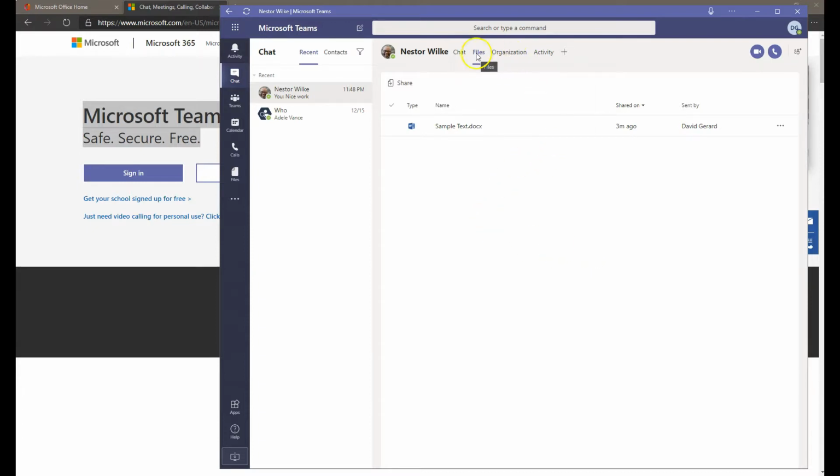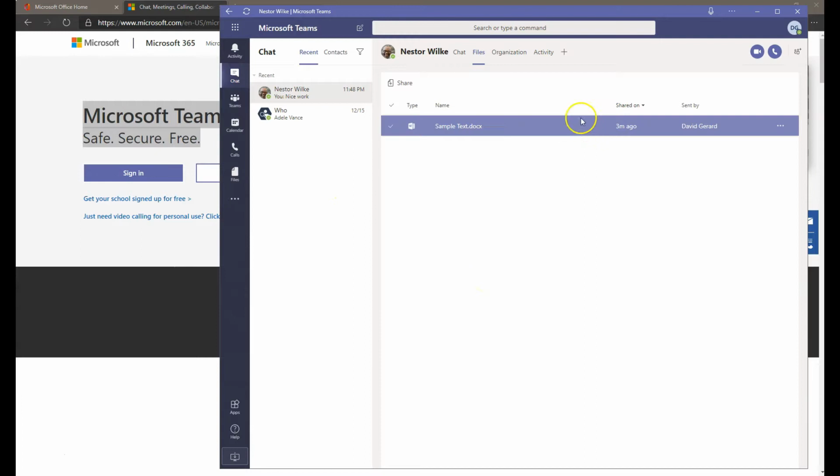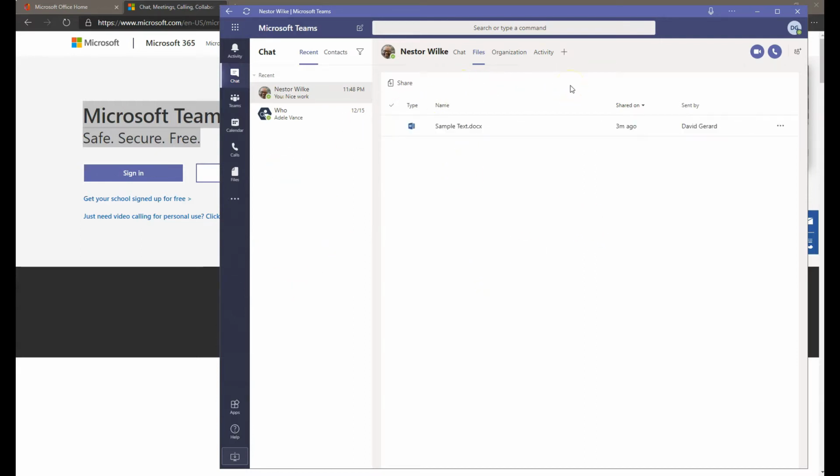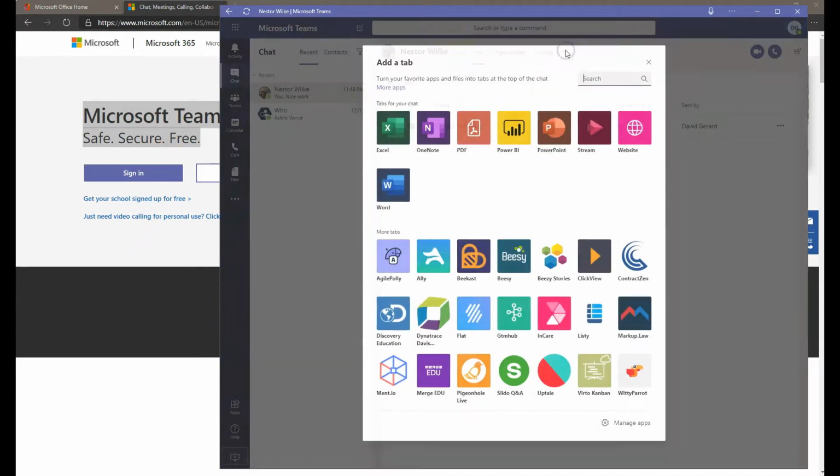We can collaborate on the same file. We can share the screen as well and present something to a certain audience of a certain application. We can choose what we want to share, if we want to share the entire desktop or a certain application in particular. And we have seen that whether we are in a chat group, Teams group, or an individual chat,